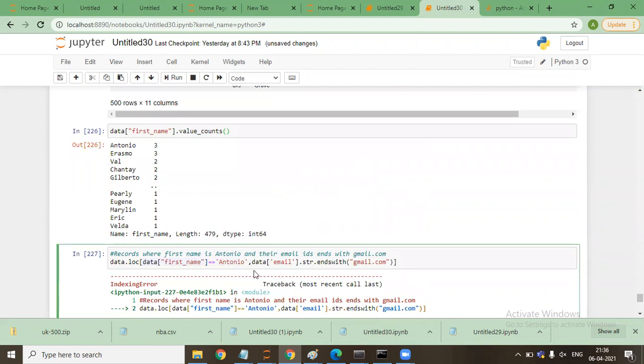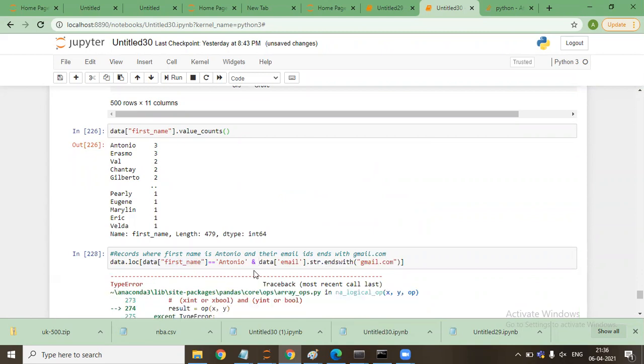So we can put an and somewhere there. So yeah, data first name dot str. Now it is also giving an error. Then it should be data first name dot str dot begins with Antonio.